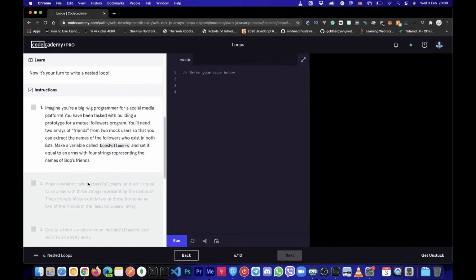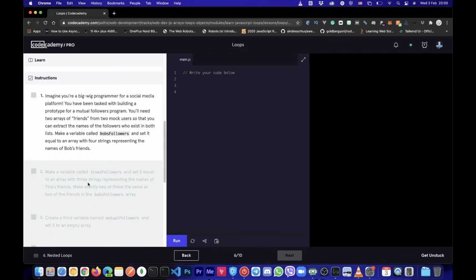Okay. Imagine you're a big programmer for a social media platform. You have been tasked with building a prototype for a mutual followers program. You will need two arrays of friends from two mock users so that you can extract the names of the followers who exist in both lists. Make a variable called Bob's followers and set it equal to an array with 4 strings representing the names of